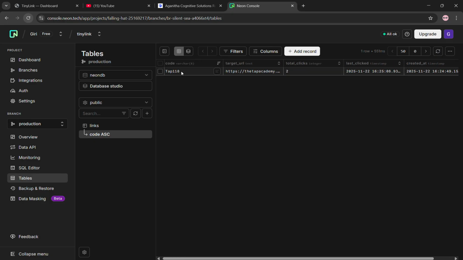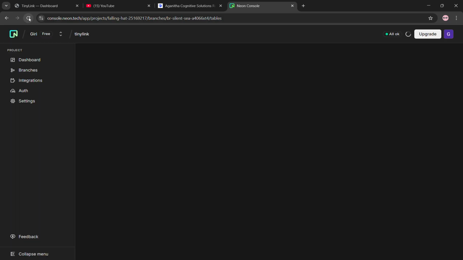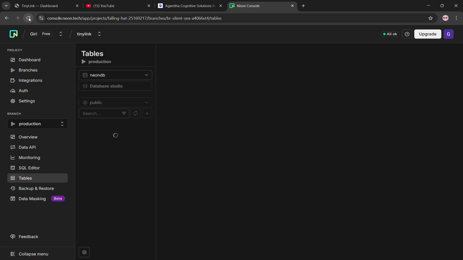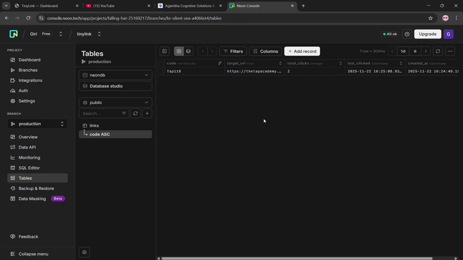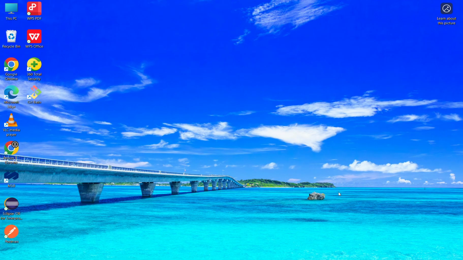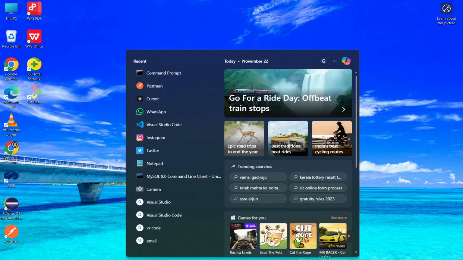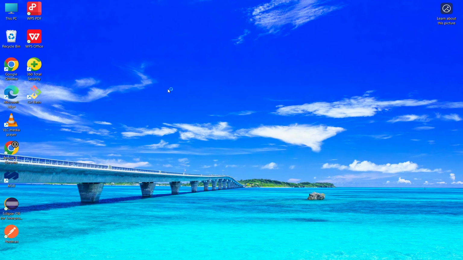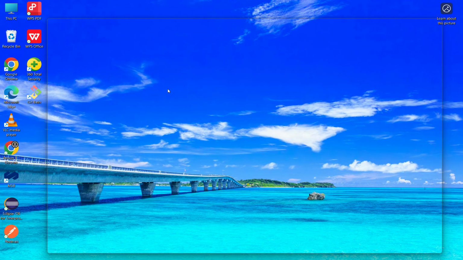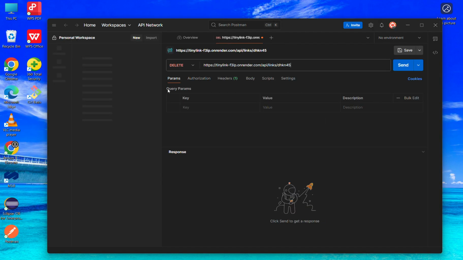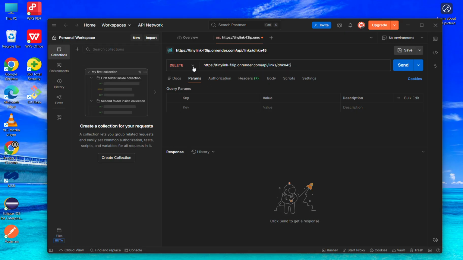For now, it's holding one record. I can additionally add multiple records using RESTful APIs. We can see. Okay, now I open my Postman. I use Postman for the RESTful APIs. First,